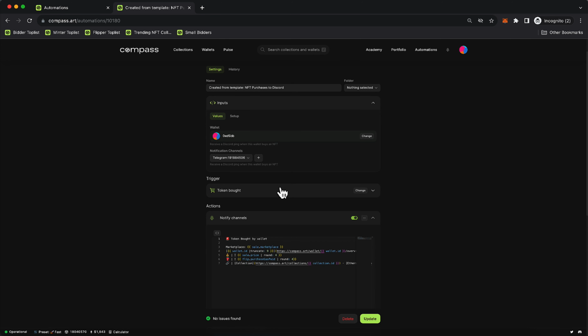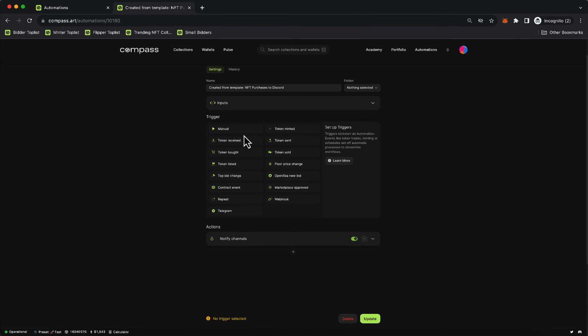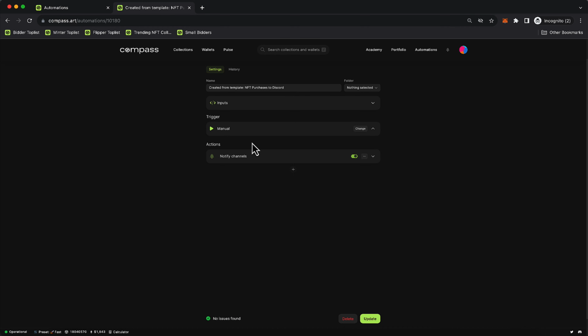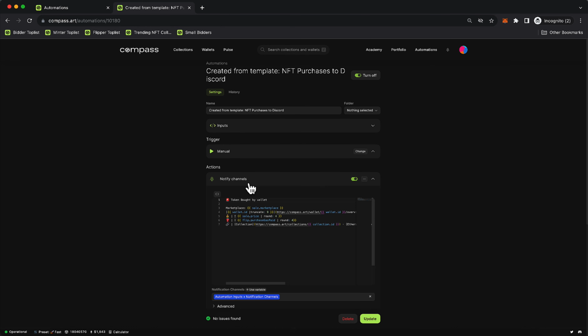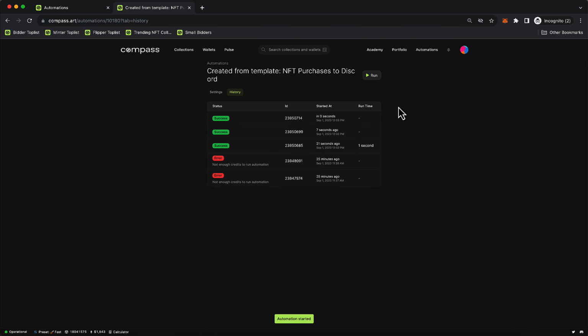Now to test the automation, what I usually do is I change the trigger from the token bought to a manual trigger. So I can trigger this automation manually, and I receive the notification in my Telegram so I can see what this one looks like in my chat. I click on update and then I do a run. The runs themselves will appear under the history. So if I click on run,